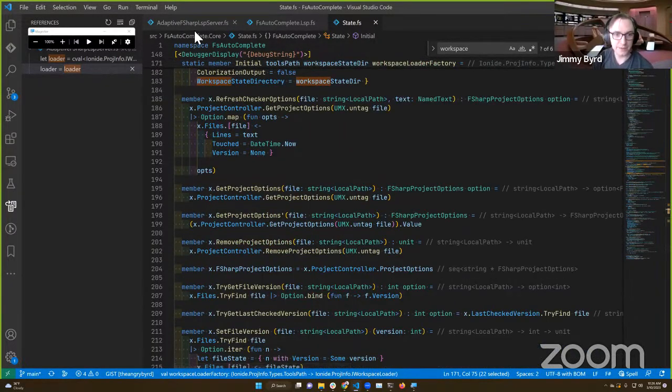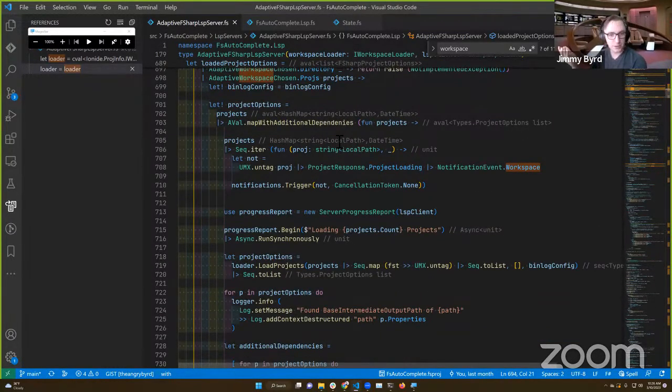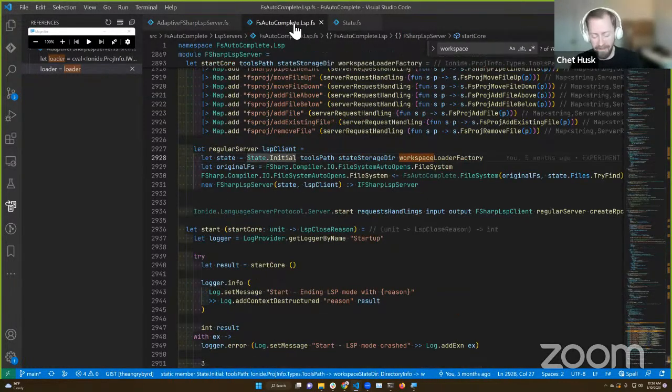And the big thing is Adaptive is a little bit naive in how changes are propagated. If any of your projects change for any reason, it reloads your entire solution, which is obviously the cause of the issue that I'm bringing up: when one small change happens, it needs to do an entire design time reload. Should we talk about design time and evaluation? I was just going to say, Jimmy just said a phrase there, design time reload.